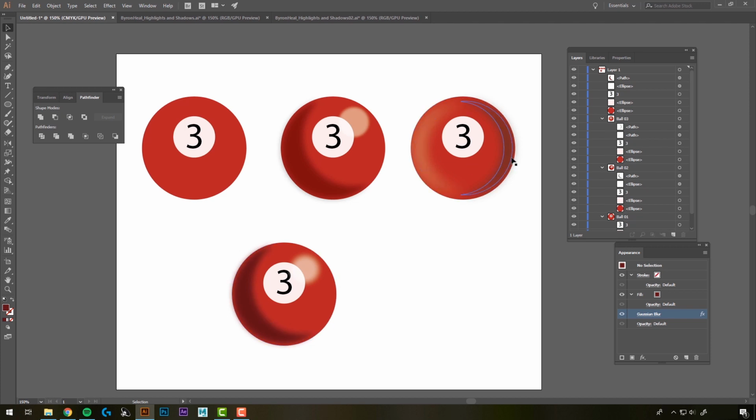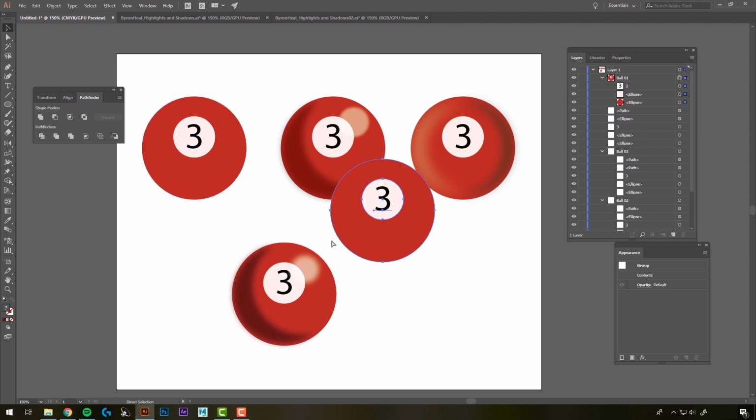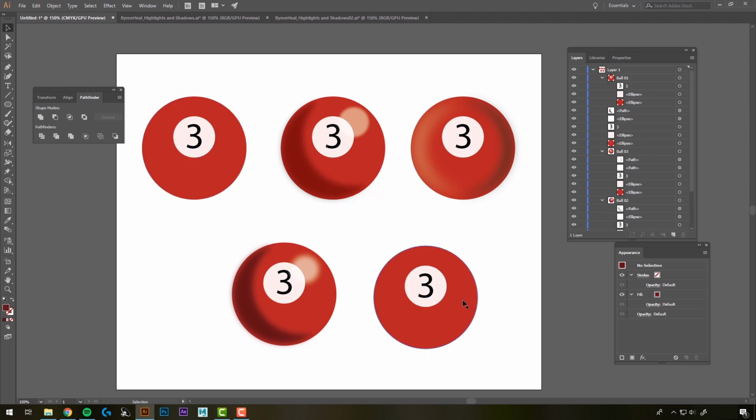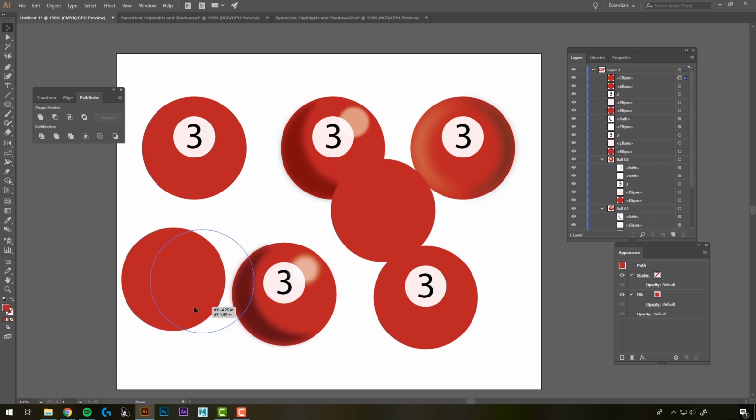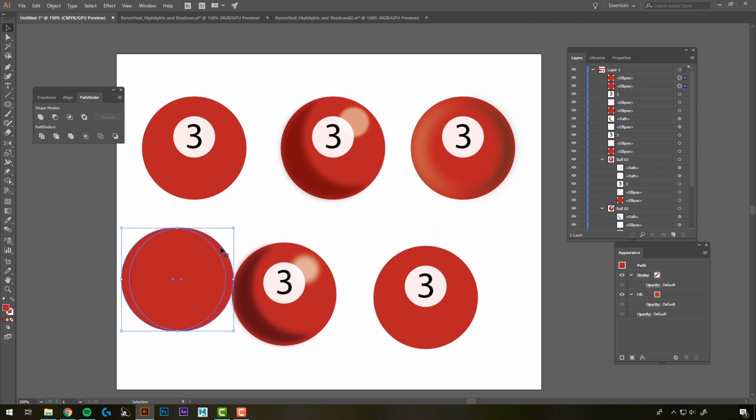For the highlight and shadow on this one, I also use the Pathfinder tool. I'll just copy this again, move it down, and I'm going to ungroup it. Okay, so again, I'll be using this one here to create these two shapes. So I'm going to copy it and paste it. I'm just going to move it out of the way to work on it. Now I'm going to want to copy and paste it again, and just slide it over. If I select both of them, I'm going to use this sliver here for a highlight and this sliver here